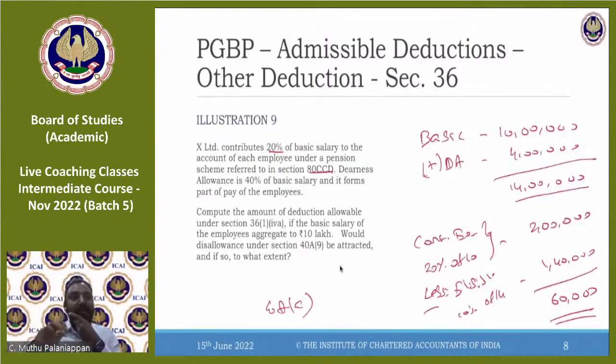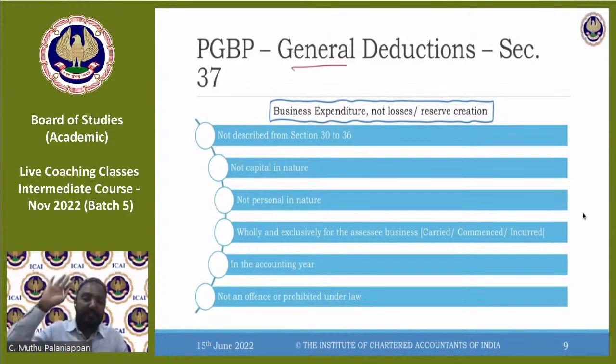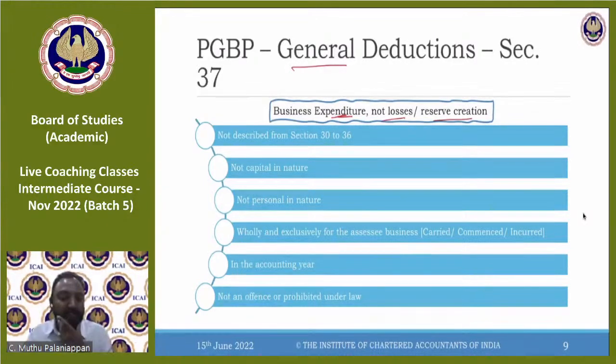That is section 37. This is the last section of the range that we are talking about, sections 30 to 37. I'll first discuss each of the items specified here. What is eligible as a general deduction under section 37? We'll call this the miscellaneous provision. Whatever has not been covered under 30 to 36 will get covered here, but only if it is actually an expenditure, and it is not something relating to booking losses or reserve creation. Whatever we are talking about here is actual business expenditure.